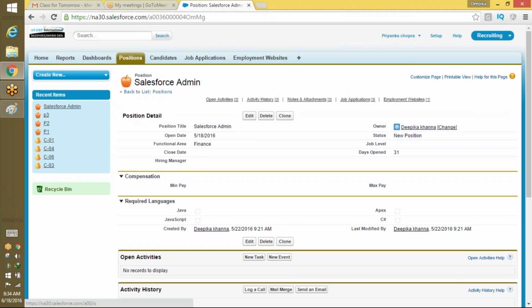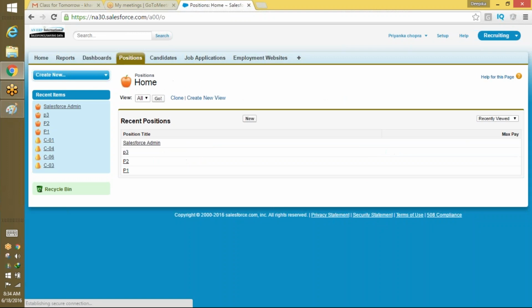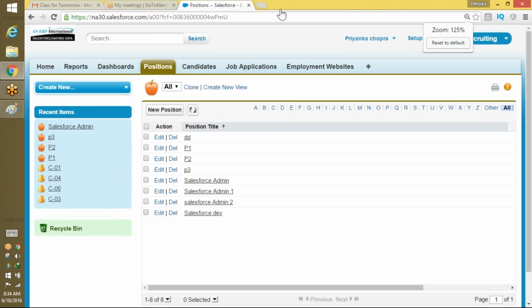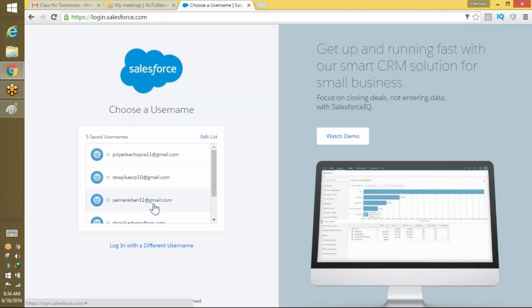She's not only able to see her own records, but she's also able to see the records people in her organization have created. So she's able to see everyone's records right now. Okay, now let's go back to Salman Khan. If I log out and log back in as Salman Khan,